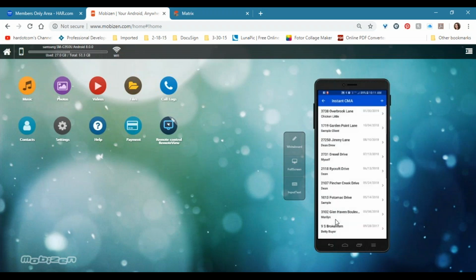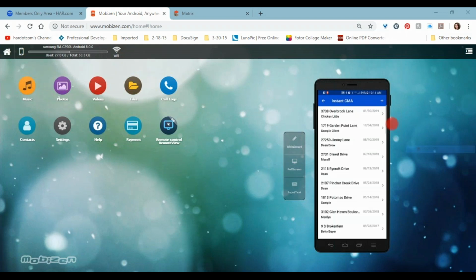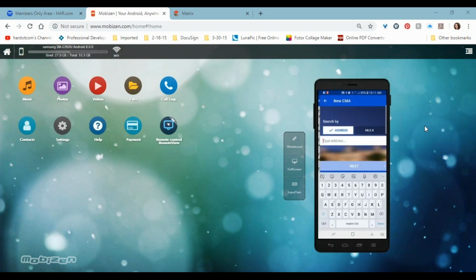So presuming that the home is not in MLS, as the one I just did is, and frankly, you often aren't running a CMA on homes that are already active in MLS. You're doing it because you are hoping to get the listing and be the one to put it in MLS. So again, kind of subtle, but up here in the upper right corner of the app, you can barely see there. Again, sorry, the screen's a bit tiny, I realize, but there's a little plus to add,